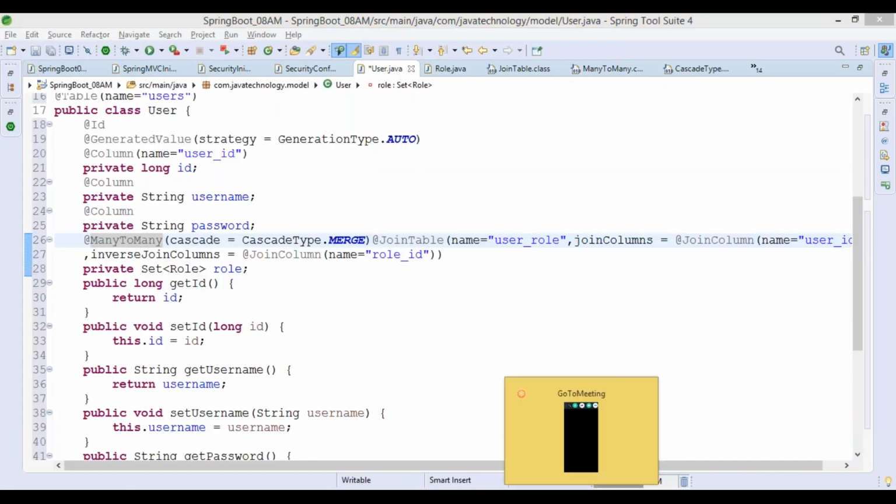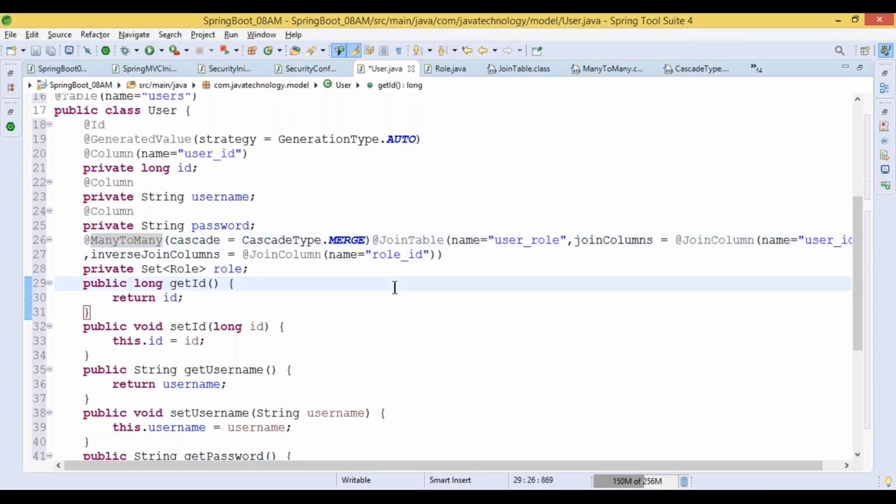Okay, so don't worry. Tomorrow we'll try to implement this example using the JPA repository and focus on how we can work with the database. Later we will focus on in-memory authentication, because still it's taking the default. So we need to see authentication using the database first. Any questions?